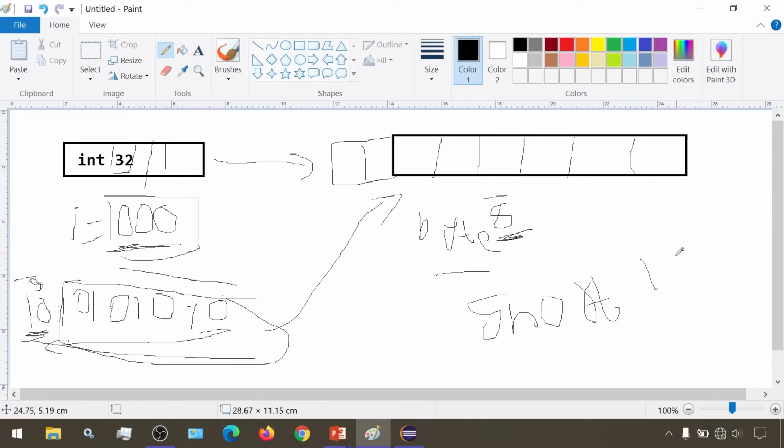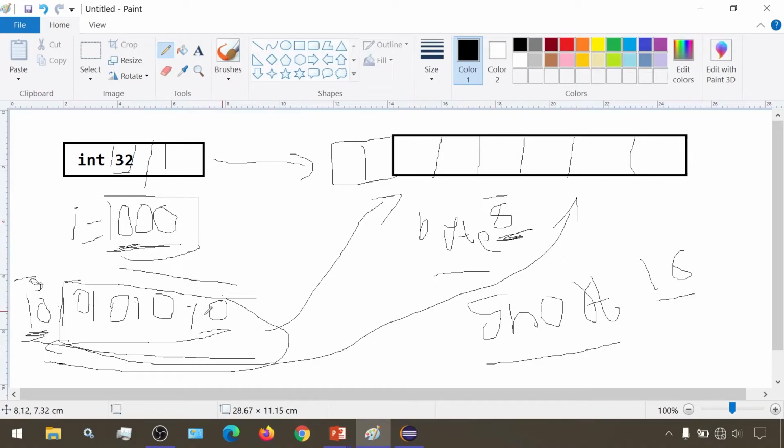Suppose this destination is short. Equivalent to the destination's bits, the bits from the source will be copied and stored in the destination. And how much will be stored? As many as the destination can store.